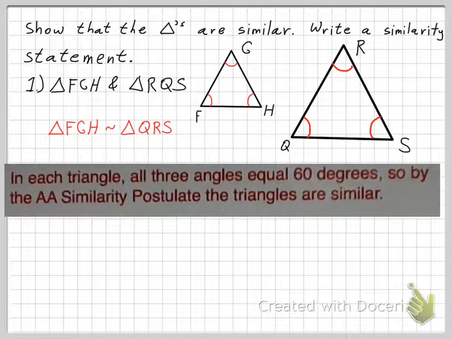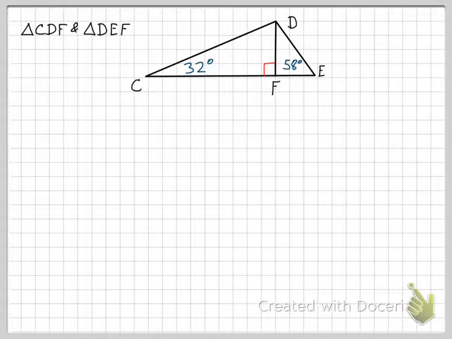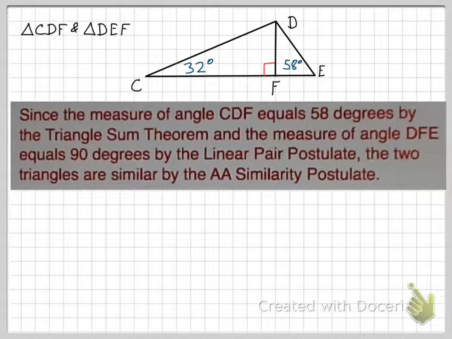Okay? Second problem is regarding triangle CDF and triangle DEF. Okay? So we have triangle CDF right there, and then we have triangle DEF. And we need to show that these two triangles are similar and then write a similarity statement. So since the measure of angle CDF equals 58 degrees, by the triangle sum theorem, right? So we have that this is 58 degrees,